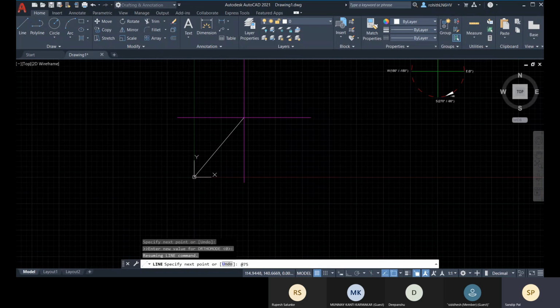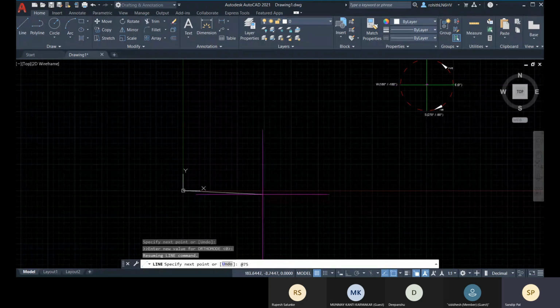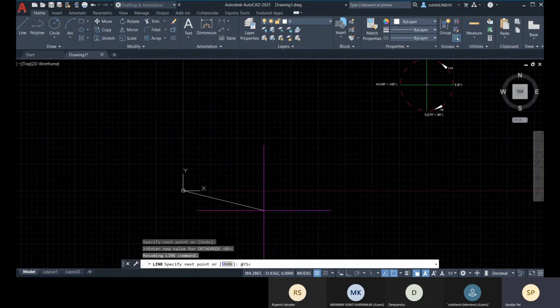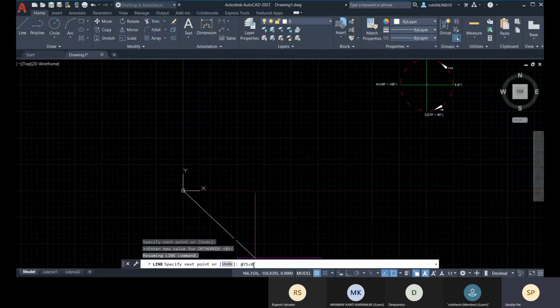It can be placed in 45-degree angle direction. It can be placed 0-degree direction. So as per the diagram, you will identify the angle. So you know that this is the east direction and that is the value 0. So at the rate 75. Now for placing angle, you will put less than symbol. I hope it is visible in the screen. Okay. At the rate 75 less than, then the angle value. So the angle value is 0 and press enter.